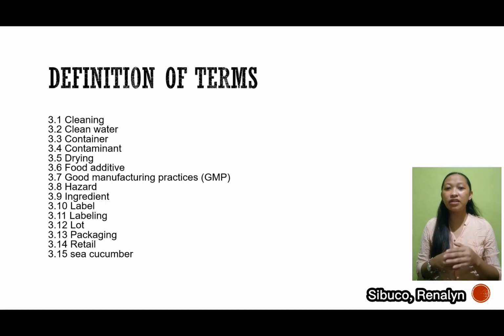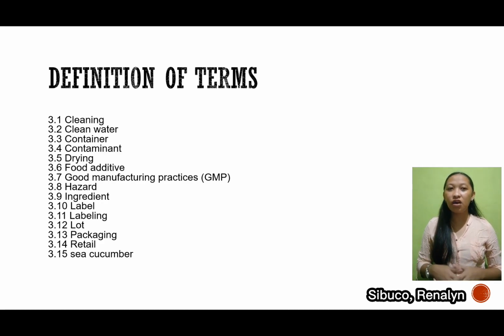A container may include several units or types of packages when such is offered to the consumer. For contaminant, any biological or chemical agent, foreign matter, or other substances not intentionally added to food that may compromise